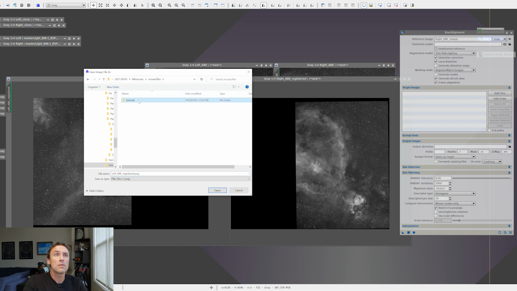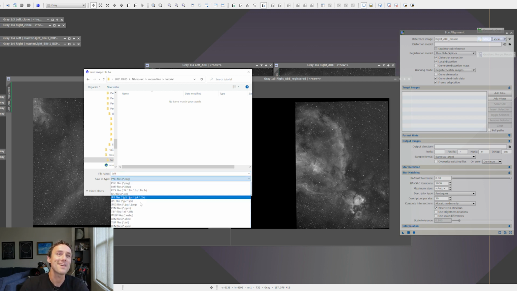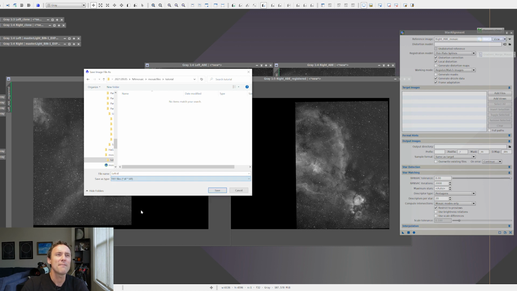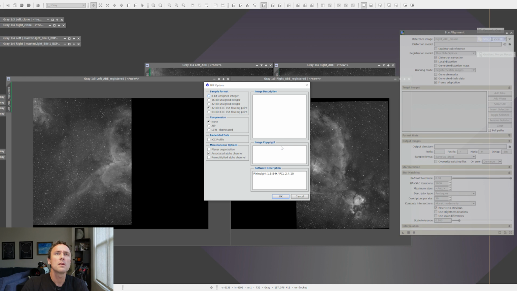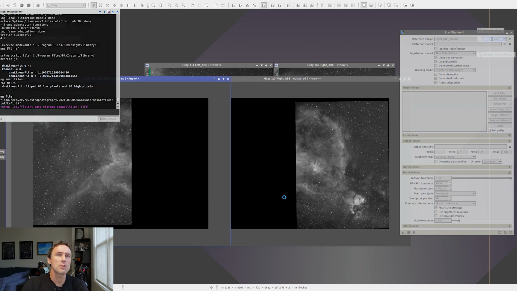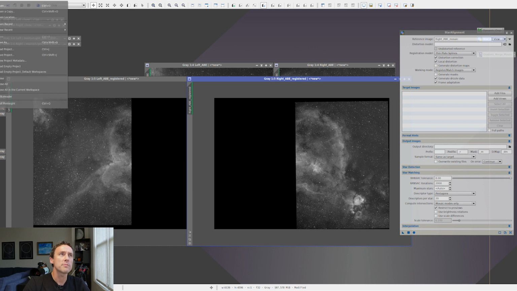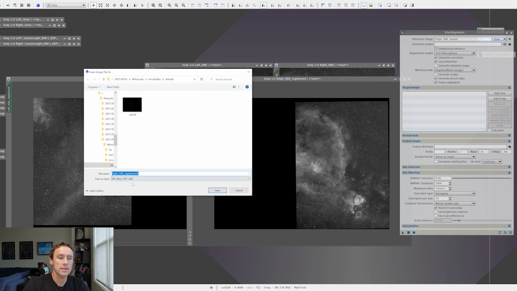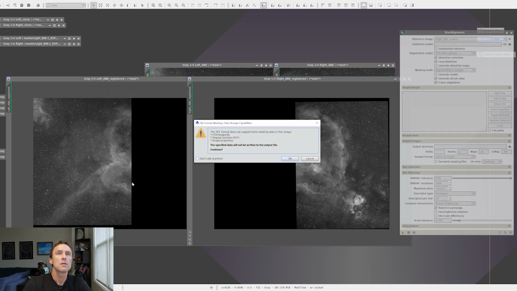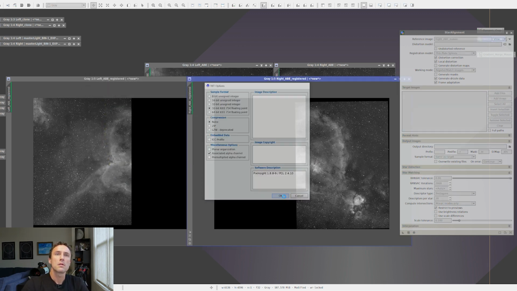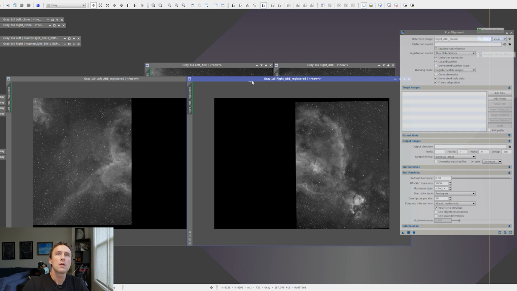we'll put these where we want in the tutorial. So we can say this is left, and you're going to want to make sure it's not saving as a PNG. In fact, I found that TIFFs actually work pretty well with this. And whatever it selects there, 32-bit. As you get into larger files, it may do 64. We're also going to save the right. All right, so both of these